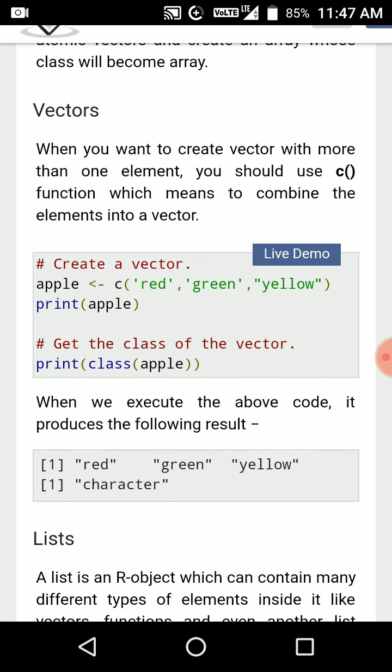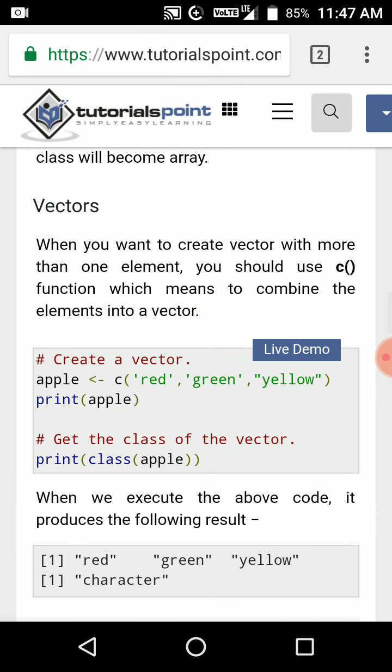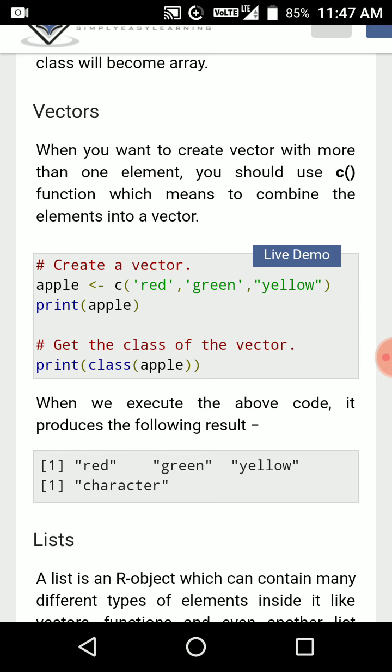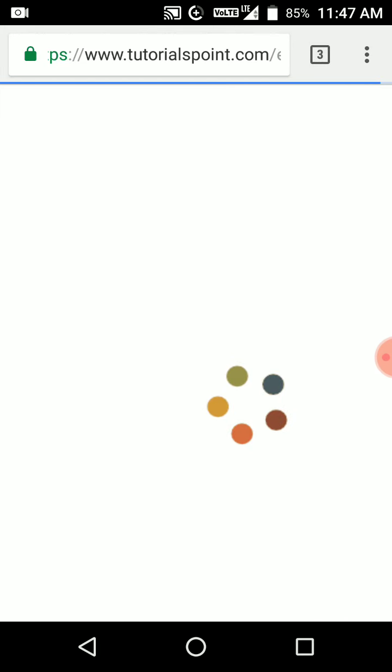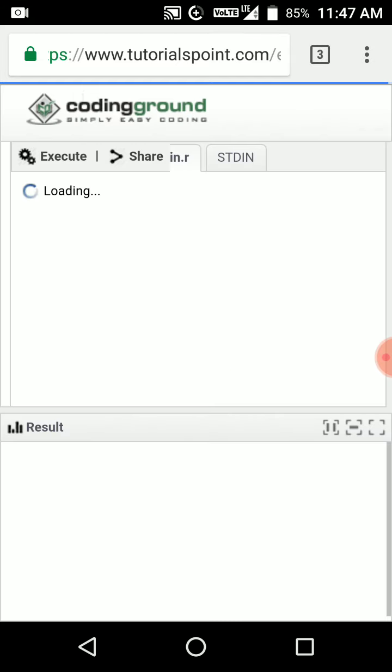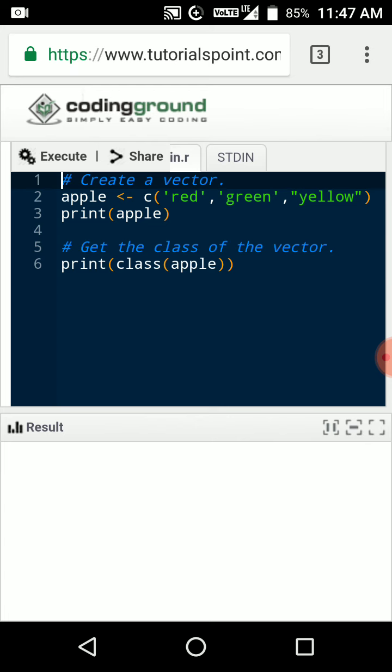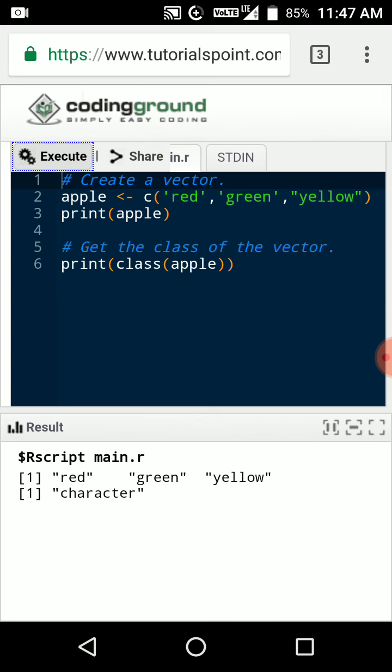Next, after the atomic vectors from the previous tutorial, what is a vector? In a vector we have the C function, which combines the elements into a vector. Here we have character elements red, green, yellow. After executing it in the live demo, while clicking the execute button, we can see the output below.